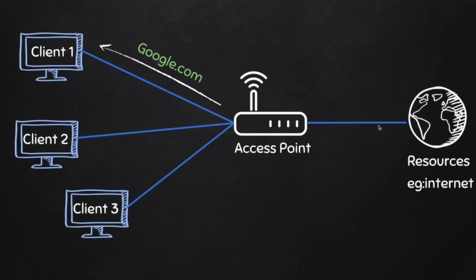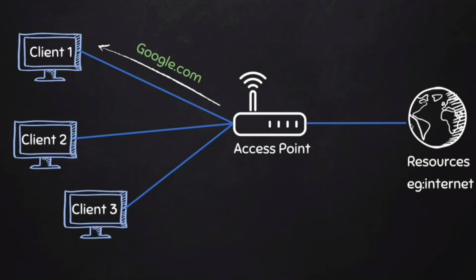Think I and my friend have connected to our college Wi-Fi router. We have connected to the same router and I am searching google.com in my computer and he will be searching for youtube.com in his computer. Both the requests will be sent to the access point, that is the Wi-Fi router. It will go to the internet and it will search for google.com and youtube.com. Now, how will the router know to which computer it should send Google and to which computer it should send YouTube? Okay, hence to identify which computer has sent the request, we use MAC address.